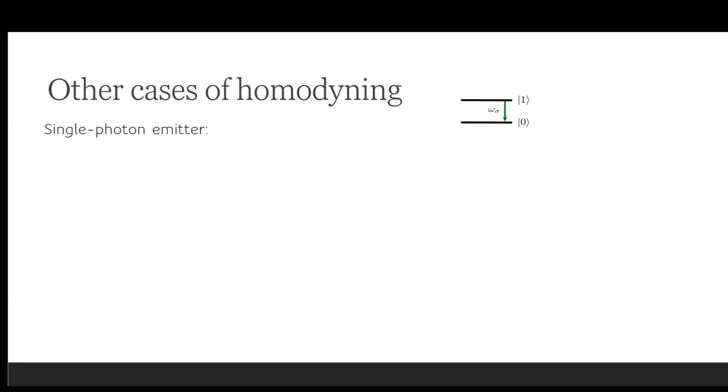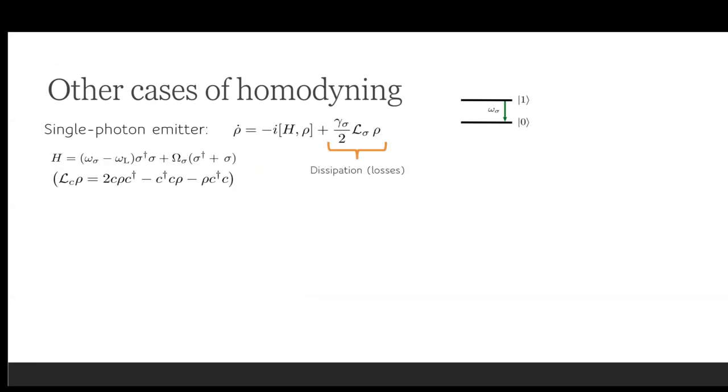So I will skip this a little bit, but the idea is that we have a single photon emitter with dissipation. So we are studying an open quantum system. In this case, it is the most simple one, just a single photon emitter. We study the weak excitation regime because we need the amplitudes of the light to be low enough to use the description, and we will study the steady state region in all of the cases.